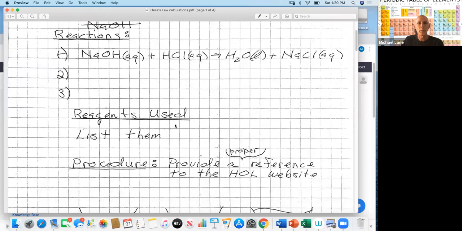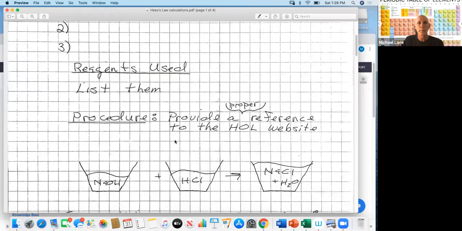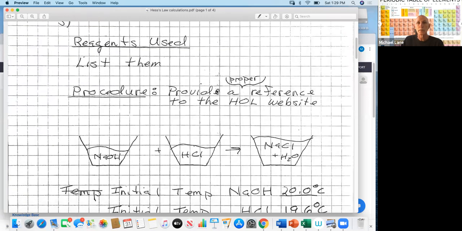A full listing of the reagents used and their concentration, right? You will list them. A procedure, and as I said in the previous video, do not write the procedure. I'll grade you off if you actually write the procedure. That is a complete waste of ink and of your time. Just provide a proper literature reference for the HOL website. And if you don't know how to do that, then I recommend you just Google a citation engine that helps